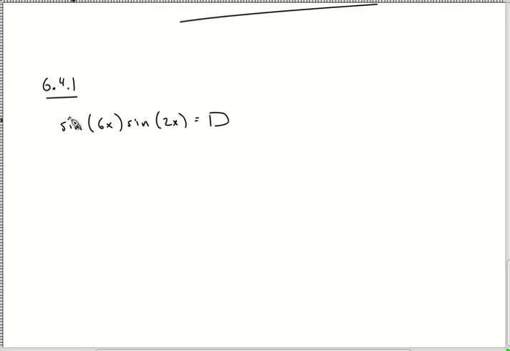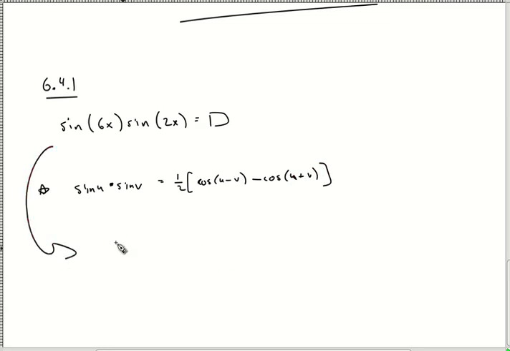Okay, so this is the question, and we need to find a formula for it. And so here's your formula for this one. I got sine of u times sine of v is equal to 1/2 times the cosine of u minus v minus the cosine of u plus v. Okay, close enough. I need to write bigger, I think. Anyways, so there's your formula for this one, and so I'm going to just pop them in and get an